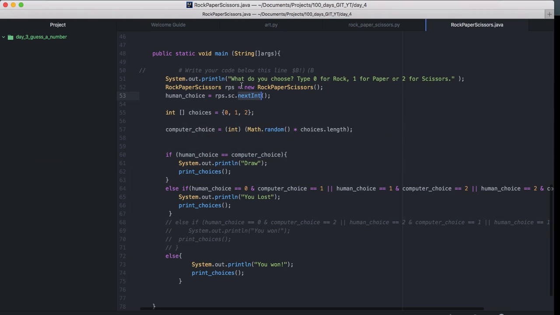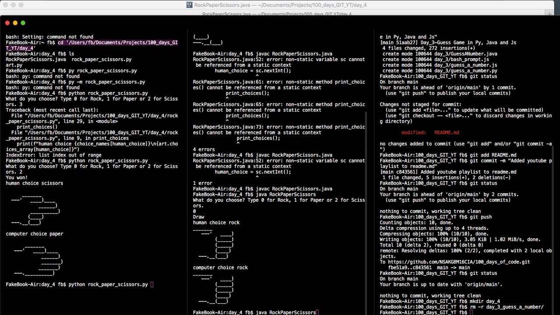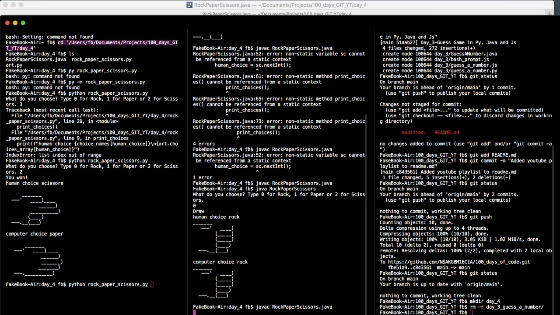Let me show you another way we could do this. We could delete this because we're not using it that much, and then we could just take this part where we instantiate it and replace it over here, which means that we're creating our object on the fly and then calling it right on the line. Save that, come back, compile. Okay, watch it compile. Okay, come back, nice.